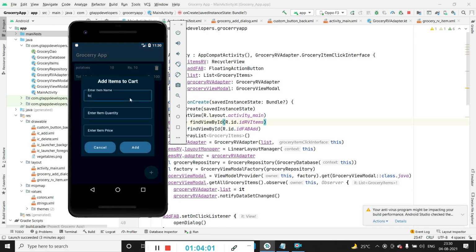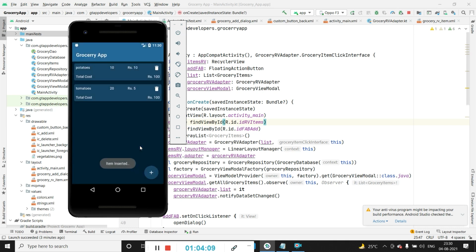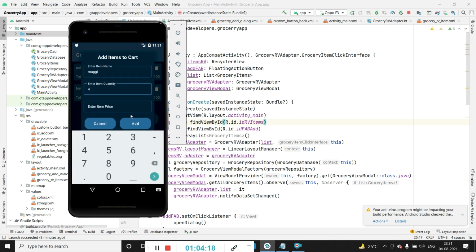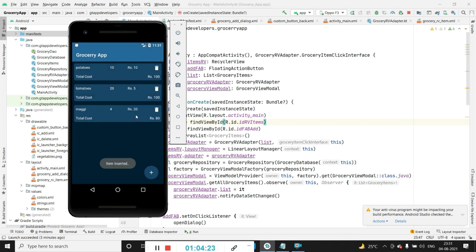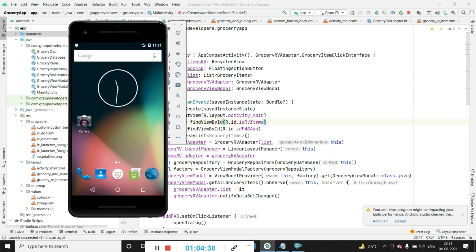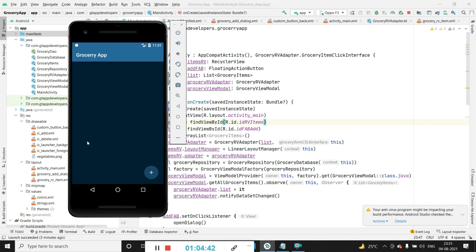Similarly we will be adding more item. Now here we can get to see 3 items has been already added, so we can delete the item from this as well, and we can add the item. So along with that we can also get to see the logo for our application is also been added. So we can get to see the logo has also been added inside our application.